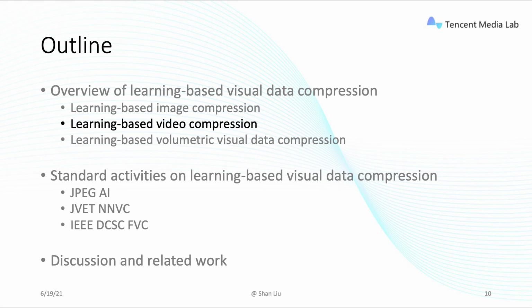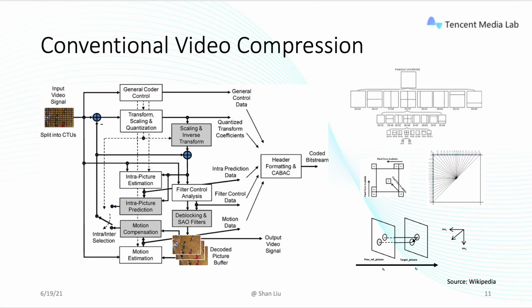Next, I will give an overview about learning-based compression on another, more comprehensive type of visual data, video. As we know, a video is a sequence of still images along the time axis, therefore video compression techniques may be largely put into two categories, inter-picture compression techniques and intra-picture compression techniques. During the past 3 decades, many companies and research institutions around the world have invested a lot of resources in the development of several generations of video compression